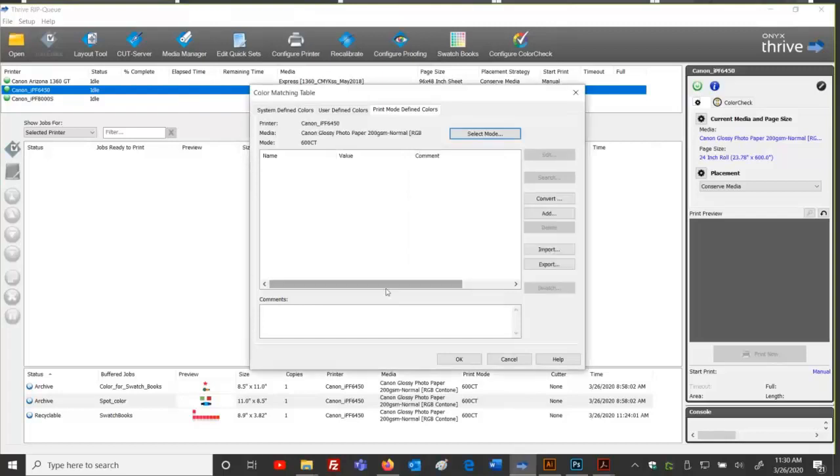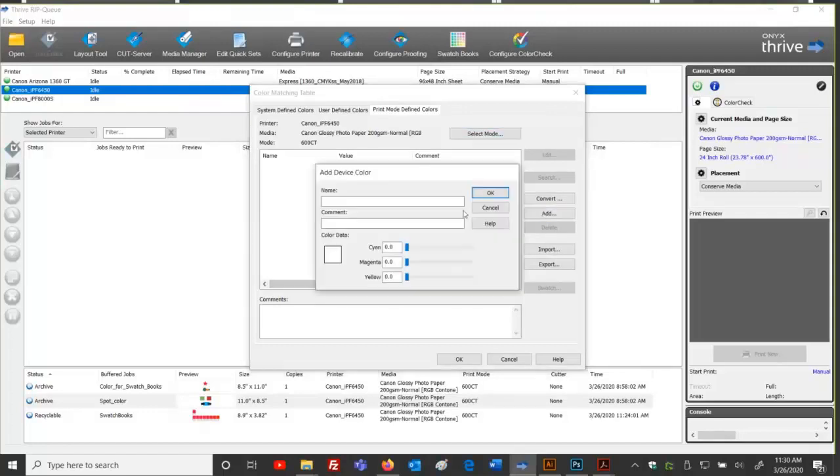Now I'm going to click OK, and I'm going to add that color. So that color is a spot color, and it's called Logo Red. And then the recipe I wrote down was 10.2 tab, 79.2 tab, 91.4 tab. Okay, comments: you don't have to enter something in, but if you want to, you can say color was determined using swatch books. If someone says, hey, how'd you get to that color? Well, I used swatch books.